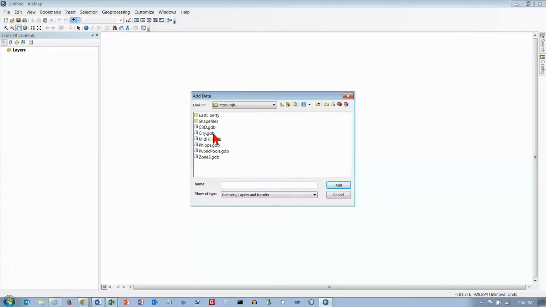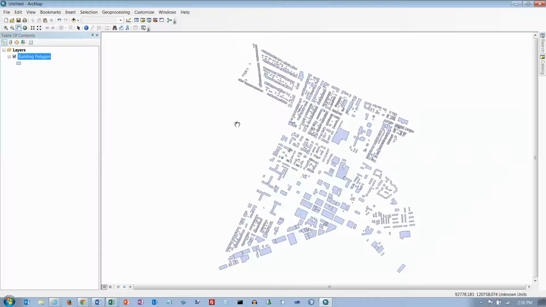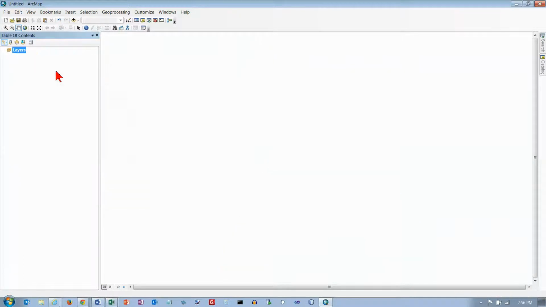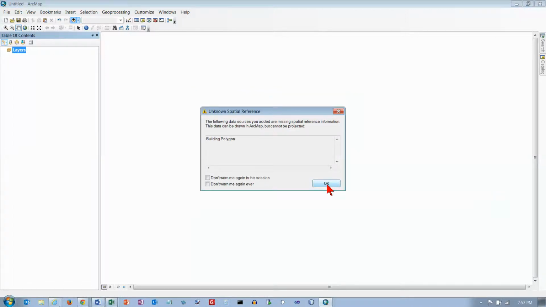and go to the Pittsburgh folder, and there's an East Liberty folder, and we've got building, curbs, East Lib, and parcel, and we want to double click building. Click the polygon layer icon, and let's cancel that. Let's try it again. Let's remove that, and we want to add. And we want to double click building. Okay, and that opens this up. And now what we see is that it's actually a bunch of files together, and we just want the polygon layer. Click on Add, and then click on OK,